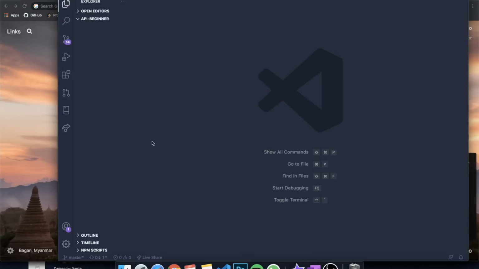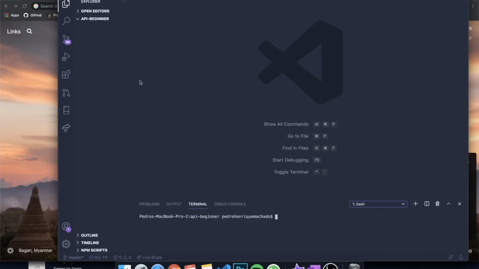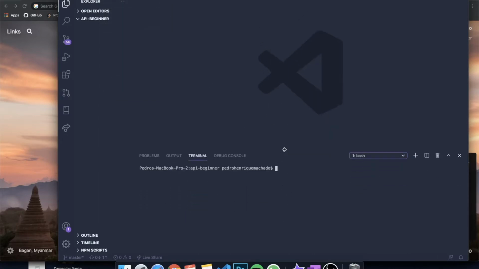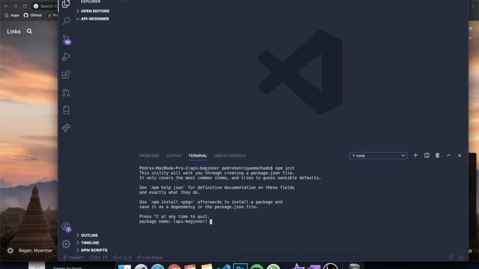So the first thing we need to do here is open our terminal. You can press the command or go up here and press the new terminal button, and you can see that a terminal appeared here at the bottom. And the first command we need to run is npm init. So this would basically create a package.json file, which will be like the entry, the description, everything,